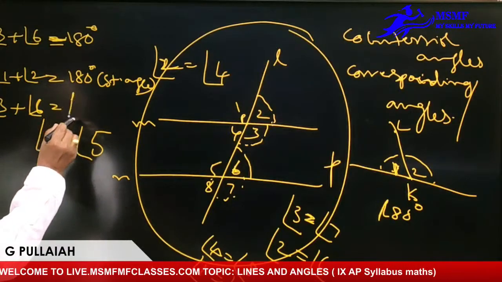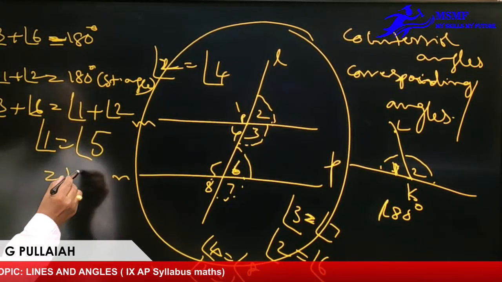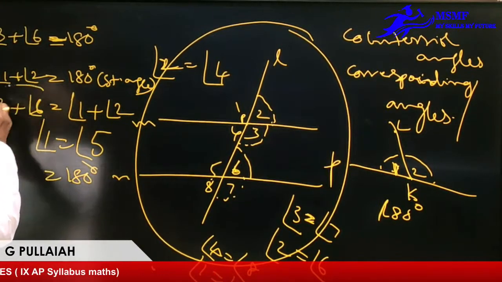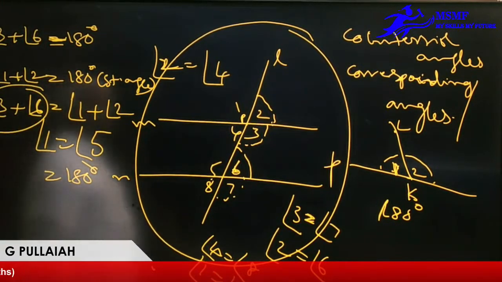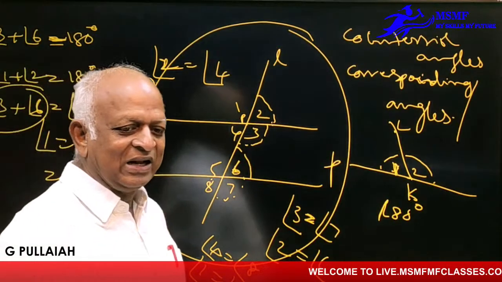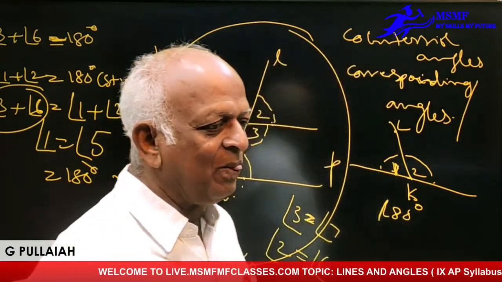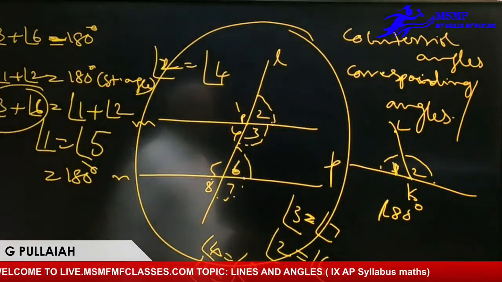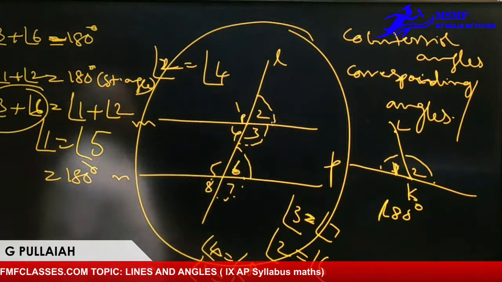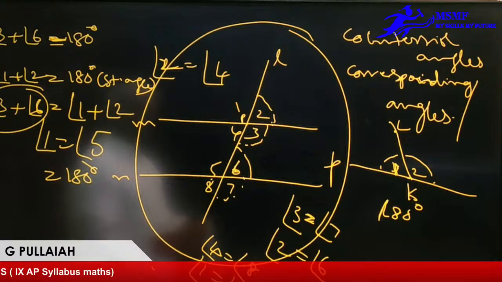So this is nothing but angle 1 plus angle 2, and that is 180 degrees. So if you think about angle 3 and angle 6, they are the interior angles on the same side of the transversal. So remember very carefully, the co-interior angles on the same side of the transversal add up to 180 degrees. Okay? So then,